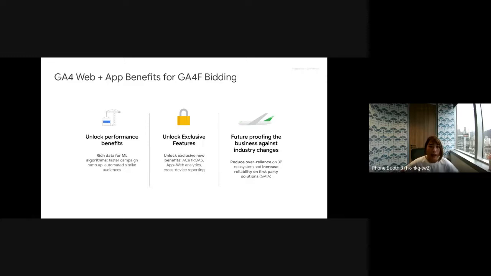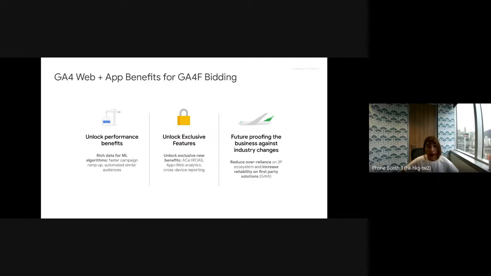Secondly, we can unlock some exclusive features for your app campaign optimization. If you have heard about the app campaign for engagement, with Firebase we can also do target ROAS bidding, and this is exclusively for GA for Firebase only.